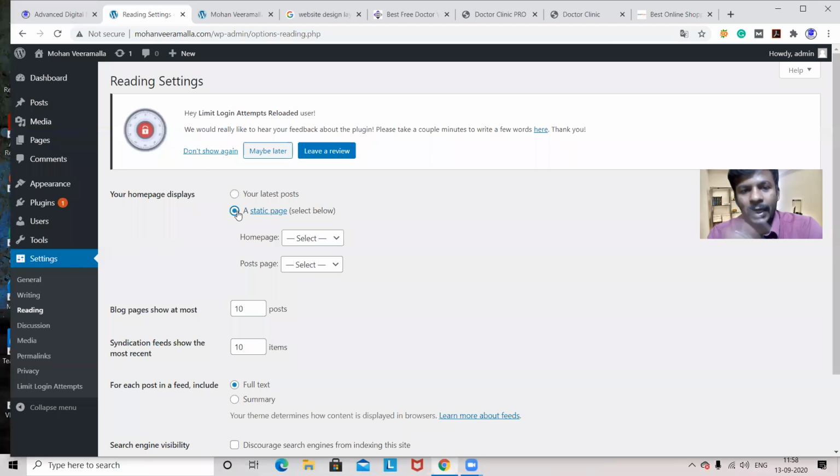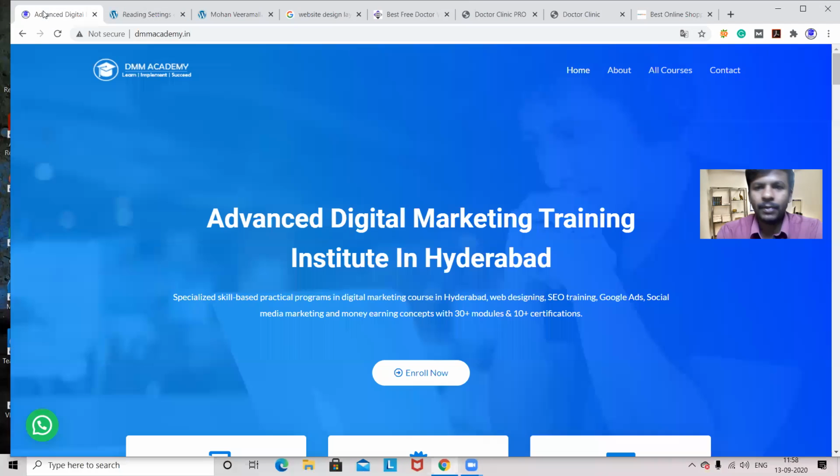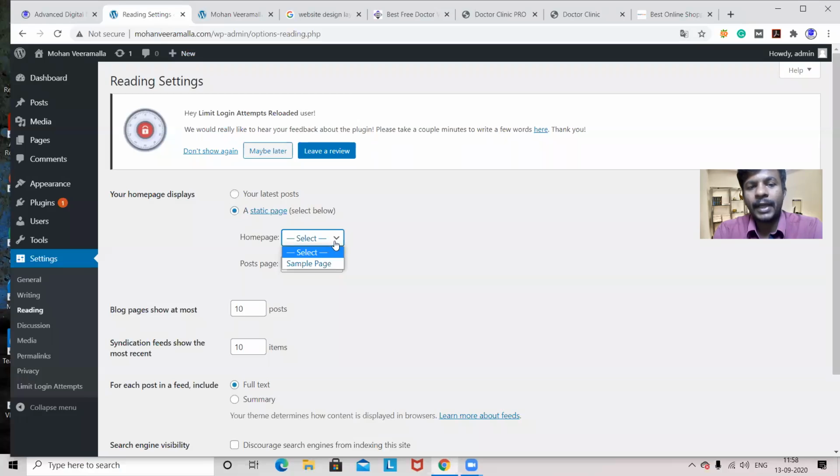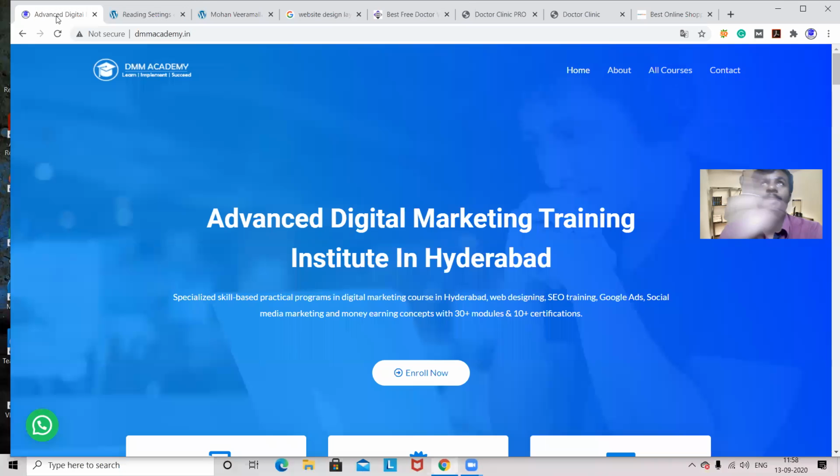That means a static page. Static means a front page, whichever page. For example, for this website, I'm showing home. If I want to show contact, then from here I'll select contact. As of now, we don't have any pages. We have only a sample page for this website. So if I want to show the contact page first, then I'll select contact. That means whenever a person visits this website, automatically the contact page will be the front page.